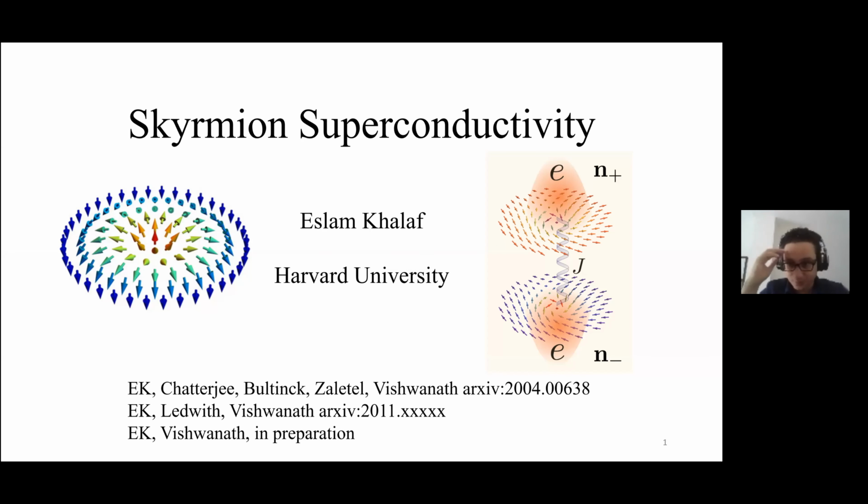So for the purpose of this talk, I will not really discuss the detailed aspects of whether this mechanism is applicable to twisted bilayer graphene. Instead, I will focus on a simple toy model related to twisted bilayer graphene, but ignoring some aspects of it, where we can establish to a large degree of certainty that this mechanism will be realized. So with this in mind, let me start by very briefly reviewing the experimental motivation behind this mechanism, which is twisted bilayer graphene, or TBG.